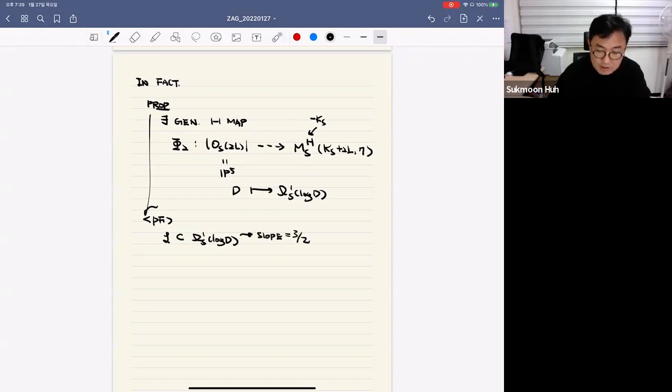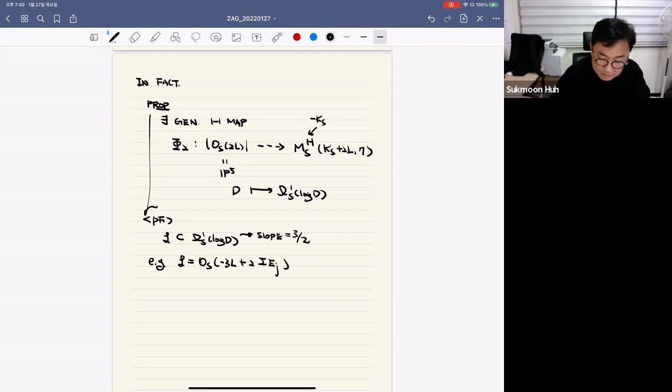So that means by restricting our sub-bundle to several curves, we try to obtain a contradiction if the slope of the line bundle is at least 3/2. So for example, if the line bundle is minus 3L plus 2 times the sum of E_J,